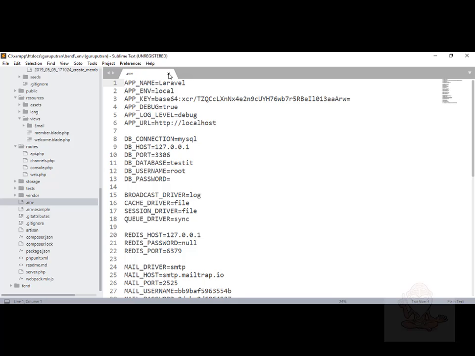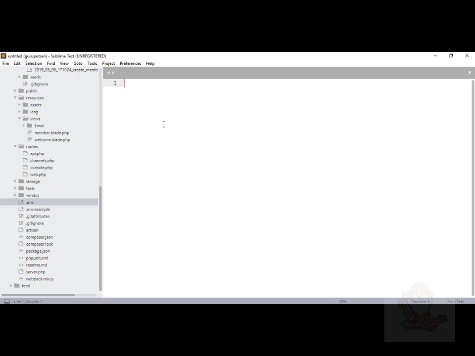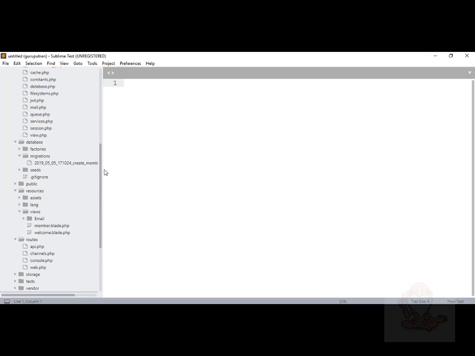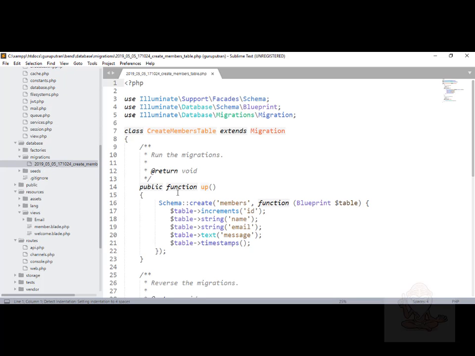So once that is done, the .env we can forget about it, and let's go to the next step, which is php artisan make:migration create_members_table. Once you run that command at the command prompt, you are going to get inside the database folder a file like this. Let's open the file and you can see I have updated the contents inside this file as it is. That means I'm going to include a name, an email, and a message field, which are all string, only that message is text.